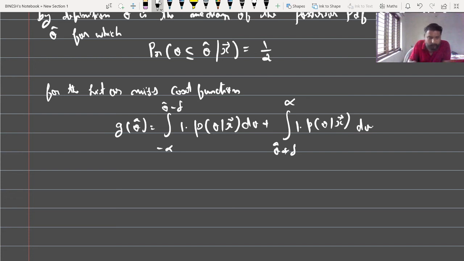You just verify that one. Since the integral from minus infinity to infinity of P of theta given x, d theta equals 1, I can write